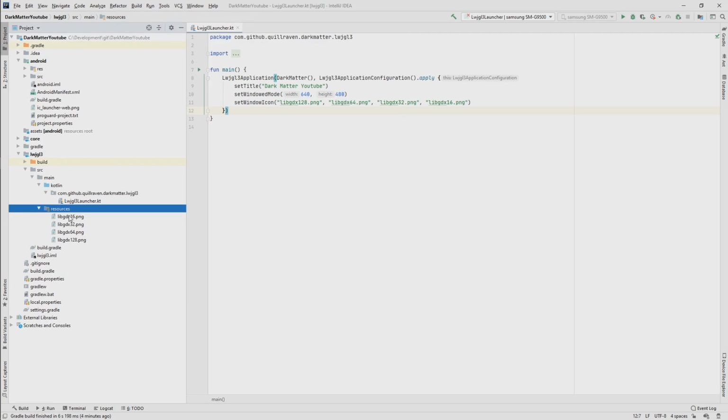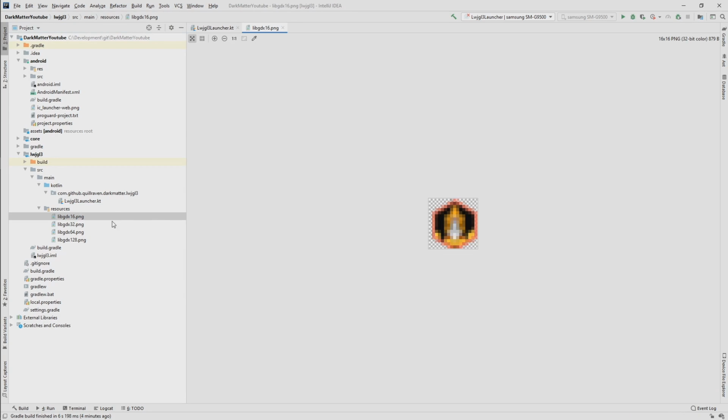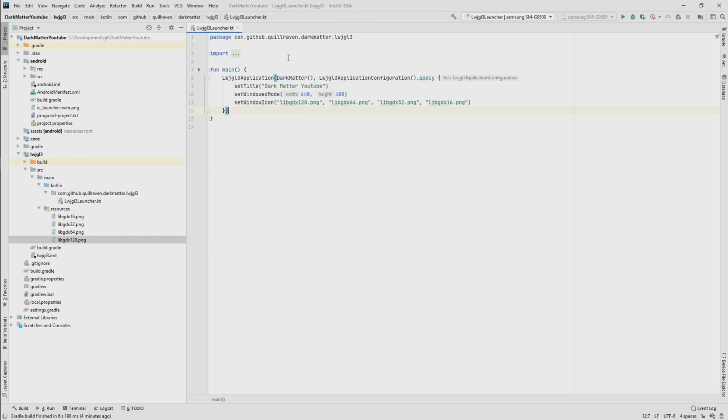resources folder. Yeah, correct. There you find those 4 icons from the GDX lift off jar. So you see this is the bad quality version, this is a better one, and this is the highest one. And depending on what resolution we have, it will use a different icon. Okay, and with that we converted already the desktop launcher.